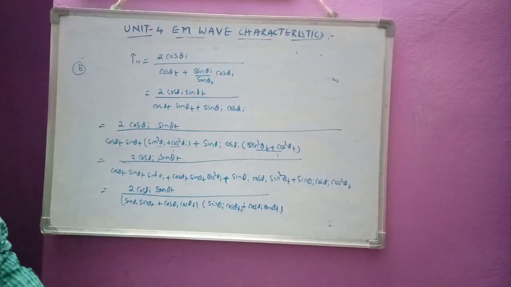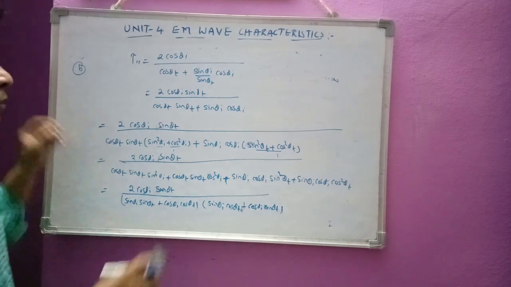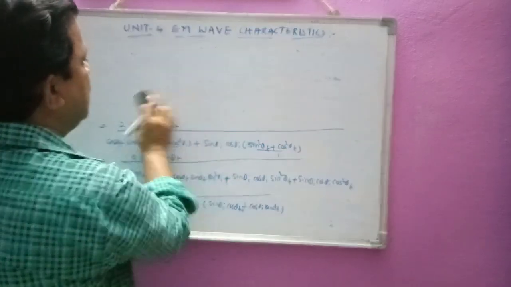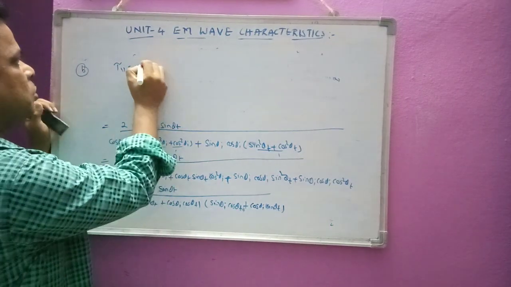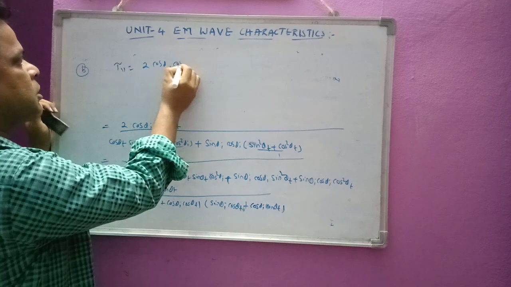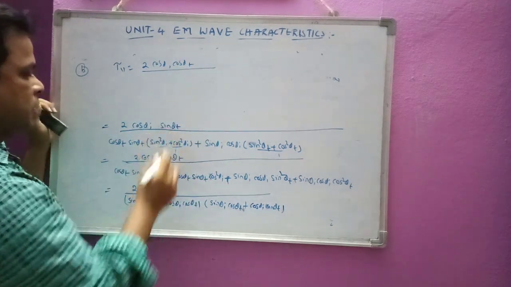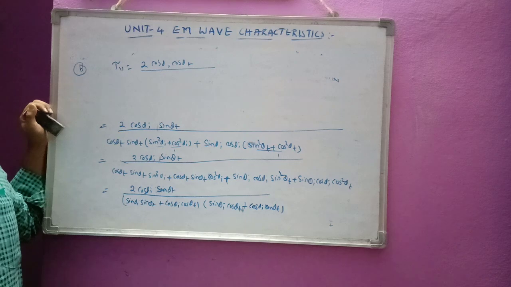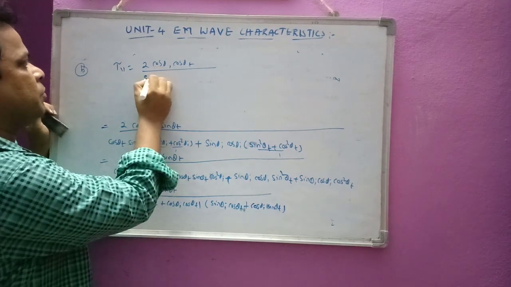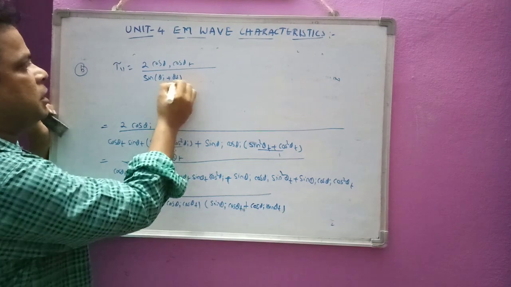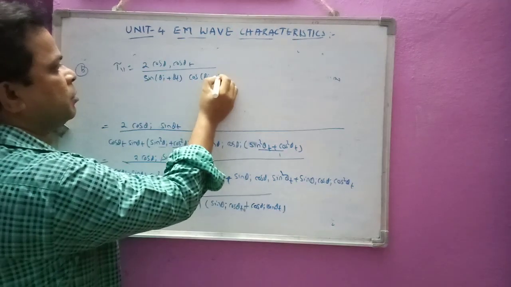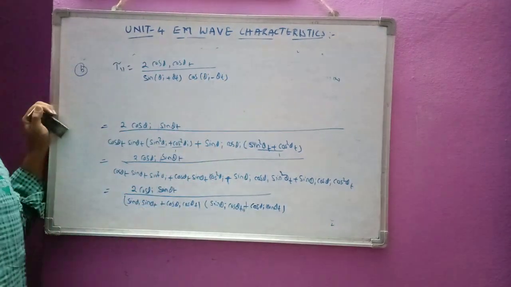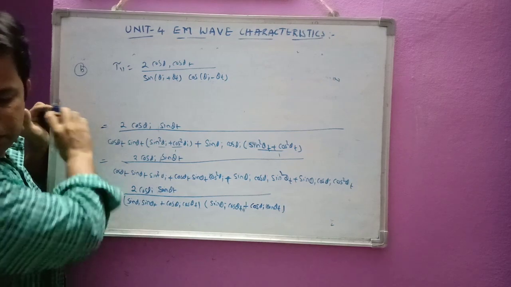So this will be equivalent to, you can verify this one. I am writing directly here, that is tau perpendicular. Tau parallel is equal to 2 cos theta I cos theta t by, that is sin a sin b plus cos a cos b, equivalent to sin of a plus b: sin of theta I plus theta t into cos theta I minus theta t. It will be equivalent to this one. Okay, so now we have got these two formulas.